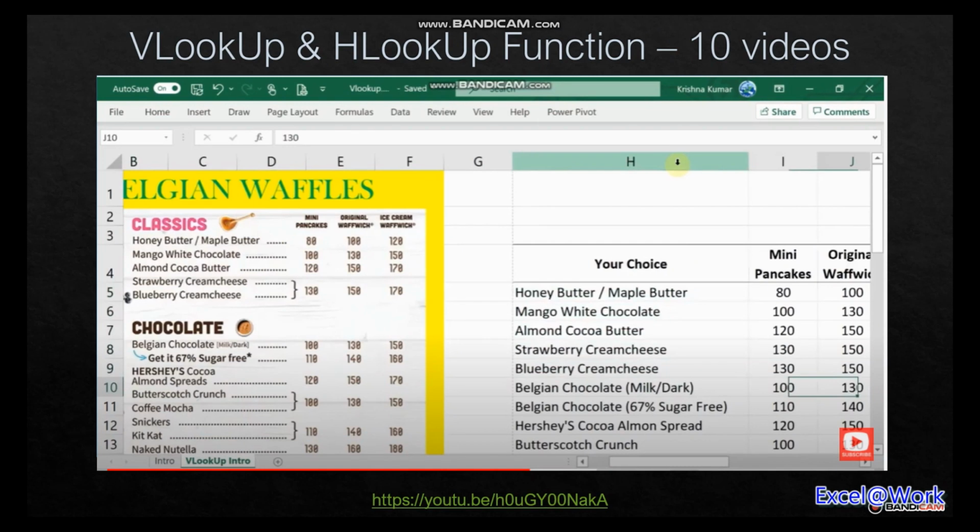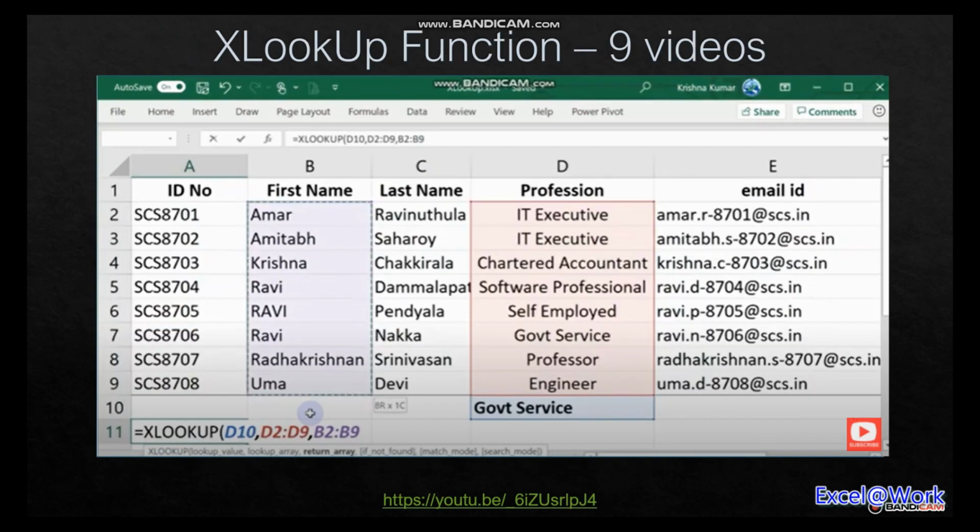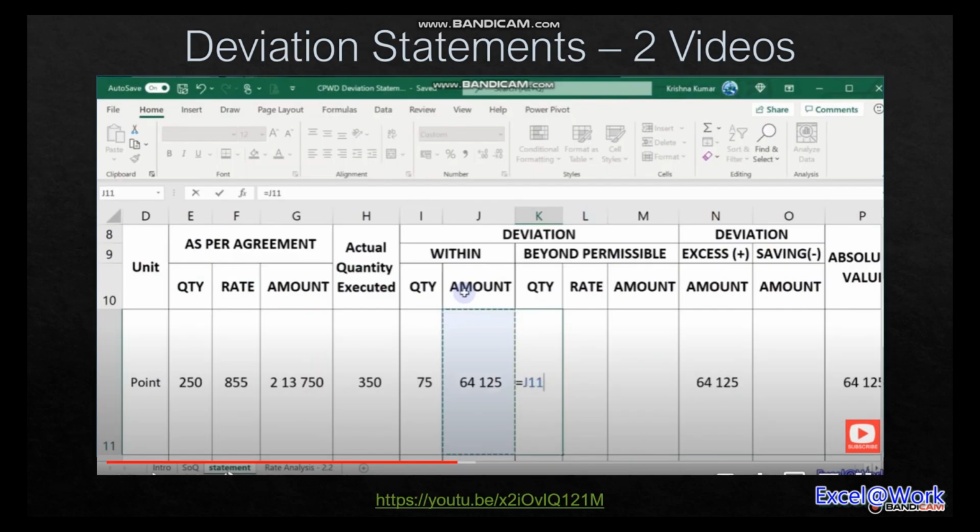followed by the VLOOKUP and the HLOOKUP functions, which I think was largest in the series, covering 10 videos. This was something, frankly speaking, where I learned a couple of new things while sharing with you what I knew. And then the XLOOKUP function, one of the strongest new functions of Excel, which could sort of uproot VLOOKUP after the VLOOKUP's existence of nearly 20 plus years,